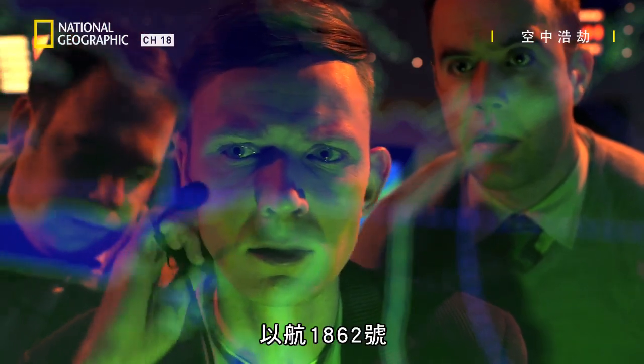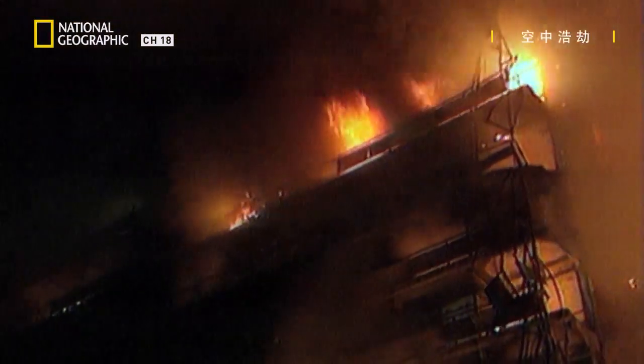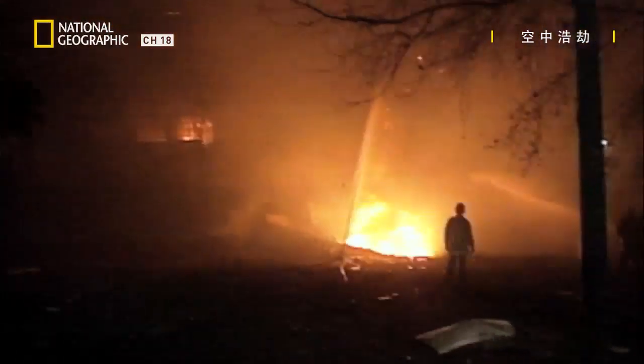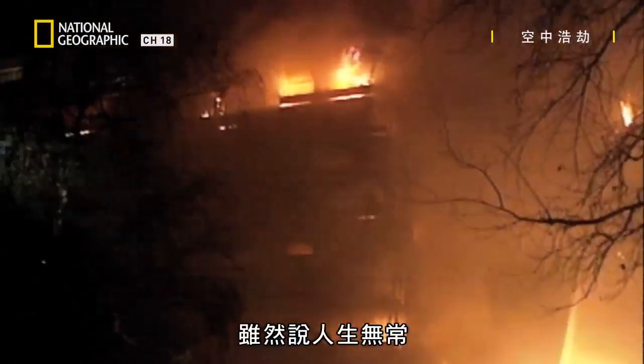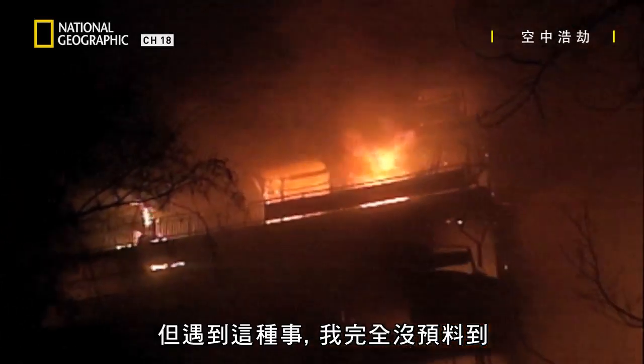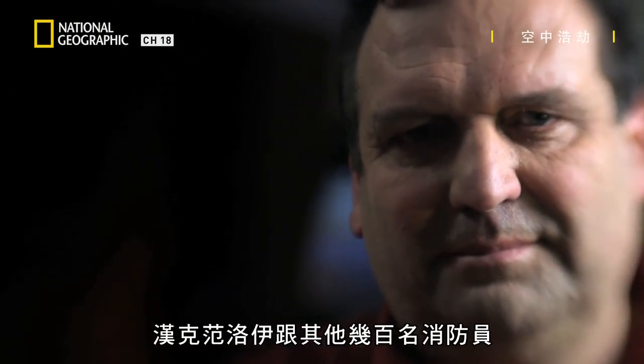El Al 1862 has slammed into an 11-story apartment block. The Baal Mamir apartment complex, home to thousands of people, is engulfed in flames. You prepare yourself for a lot of things, but this was more than I ever expected. Henk von Roy is one of hundreds of